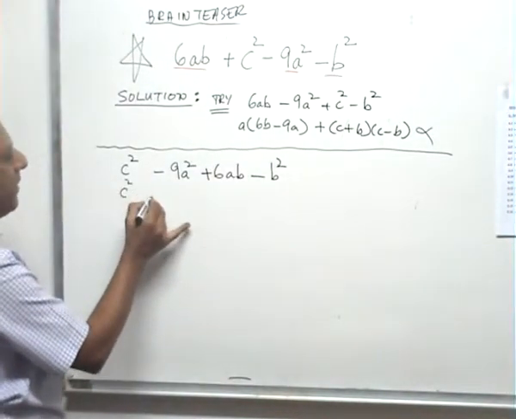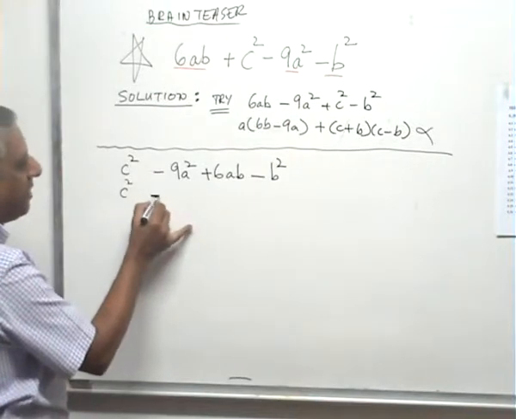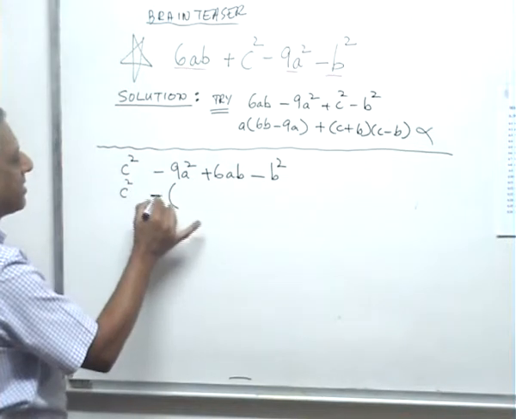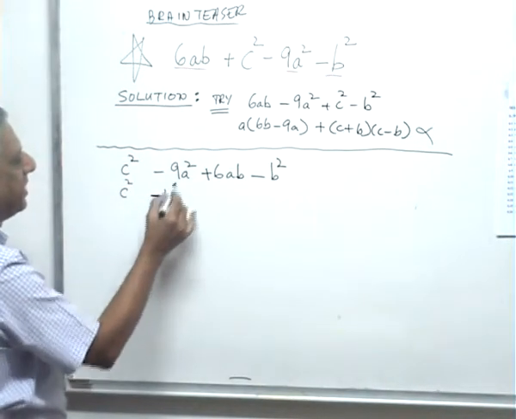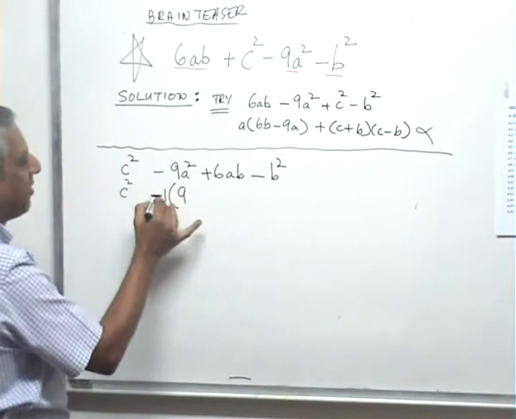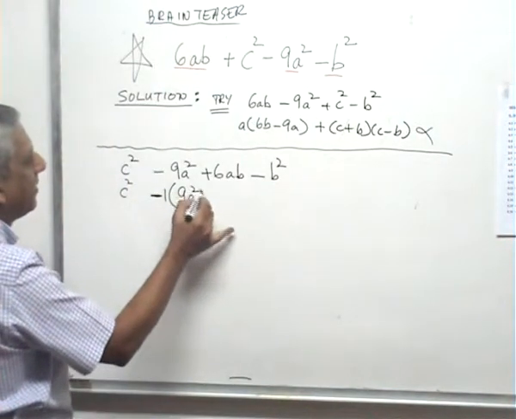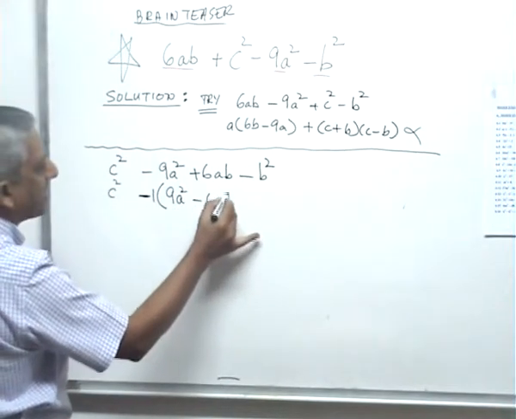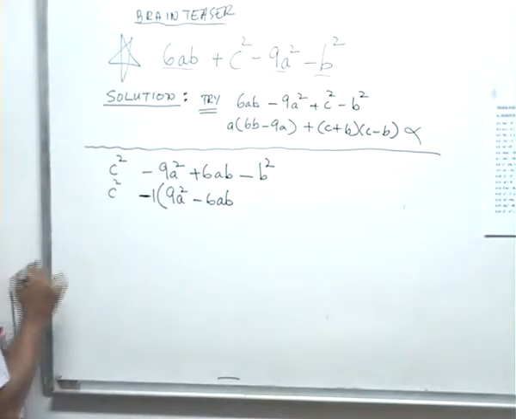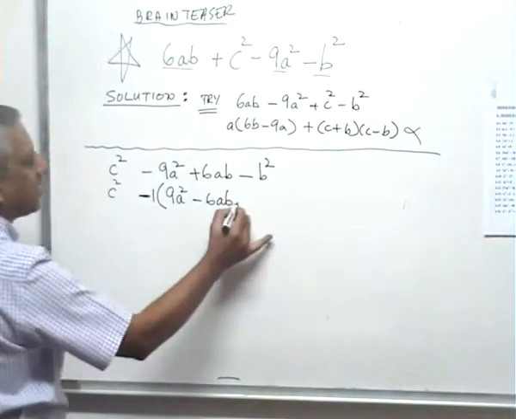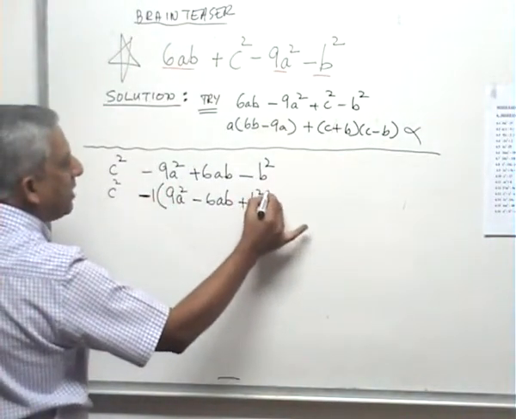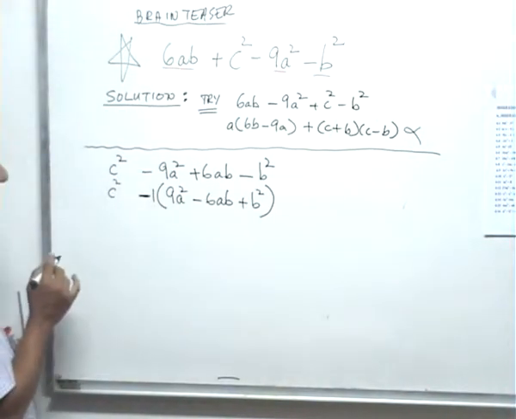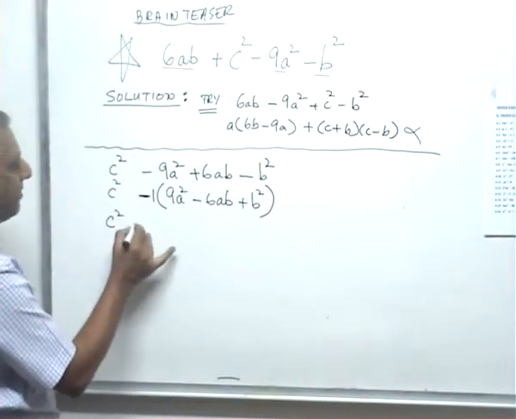So there's c squared, and to make my life easy, I want to take out a minus from all of this. So if I take out a minus 1 common factor, I'll be left with minus divided by minus is plus. So I'll be left with 9a squared plus 6 divided by minus 1 will give me minus 6ab, and minus b squared divided by minus 1 will give me plus b squared. Right? So I've done that. And then I have a good look